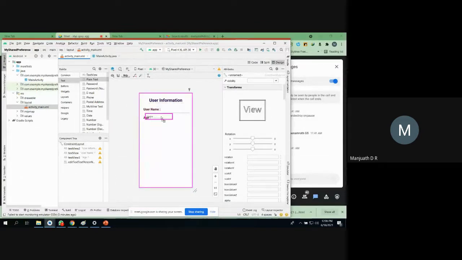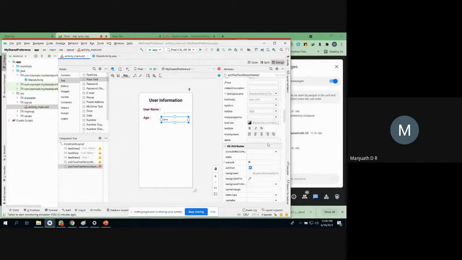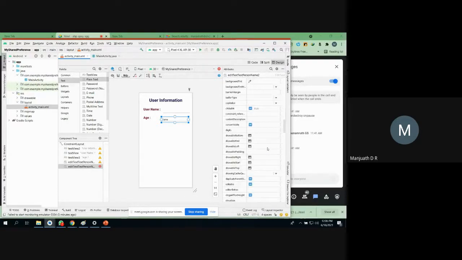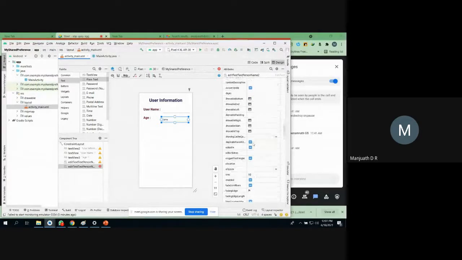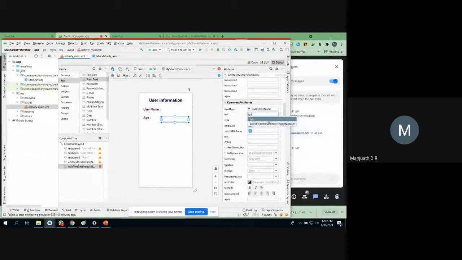Same thing you do with respect to age also. Here I'm changing the text. Text nothing. If you need, you can type your age.